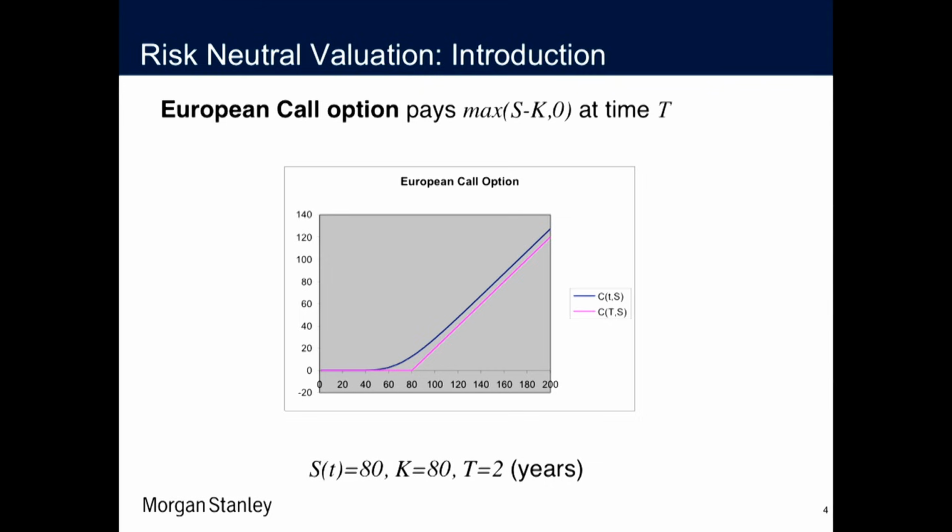Basically, the payout is always positive. You can never lose money. On the forward, you can lose money. You agree on the price, the asset ends up being lower than this price, but you still have to buy it, right? Here, if the asset ends up at expiry below strike price or out of the money,